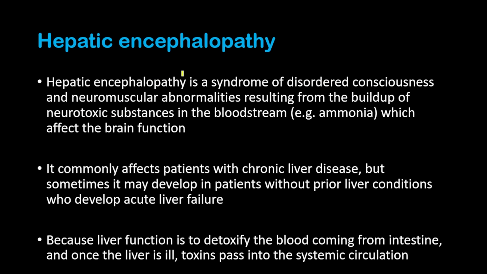Now, hepatic encephalopathy is a syndrome of disordered consciousness and neuromuscular abnormalities resulting from the buildup of neurotoxic substances in the bloodstream, such as ammonia, which affect the brain function. And hepatic encephalopathy commonly affects patients with chronic liver disease, but sometimes it may develop in patients without prior liver